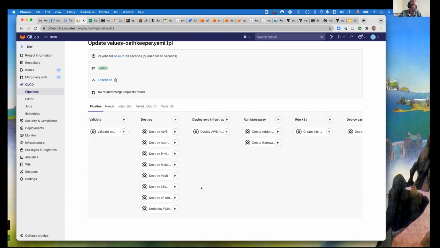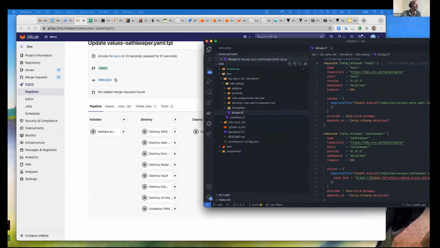Perhaps you want to use a different chart version than what's being used in the IAC, and that's all handled by the particular project. So in GitLab,